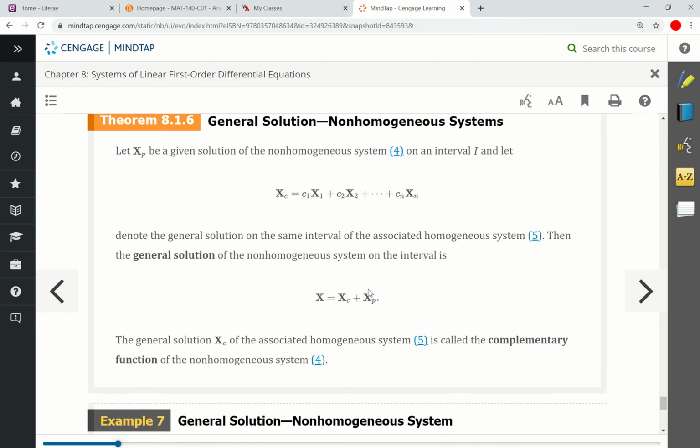So there's this really nice analogy and this really nice connection between the way that we solved simple single differential equations and the way that we solve systems, in that typically the general solution is found by finding the complementary solution first, which is the solution of the homogeneous part, and then adding in x sub p, which would be the solution to the non-homogeneous